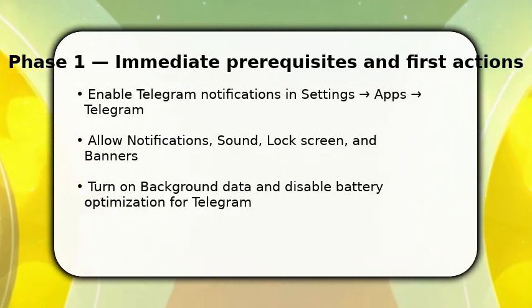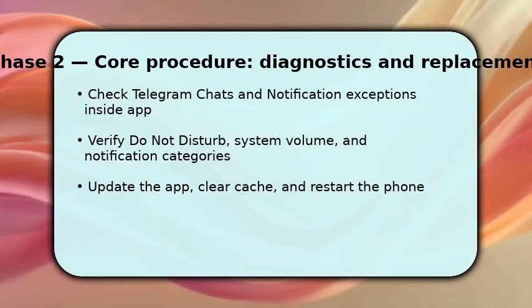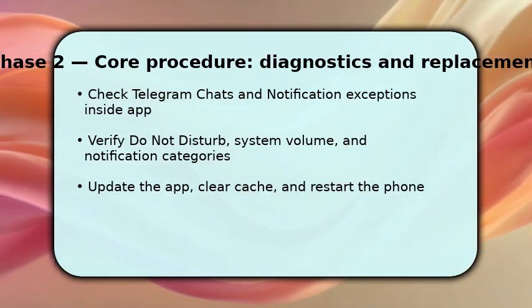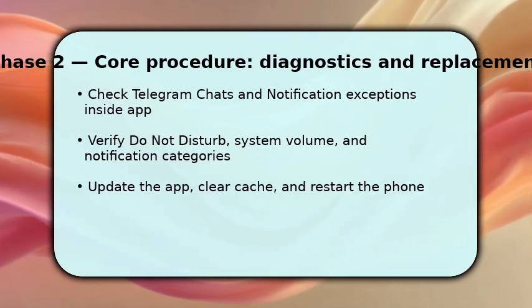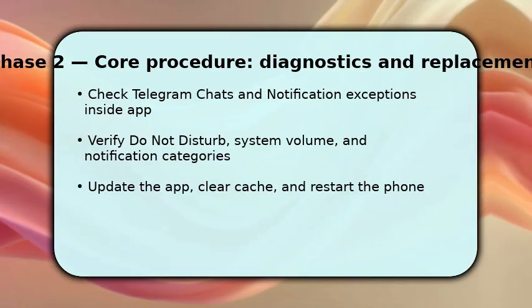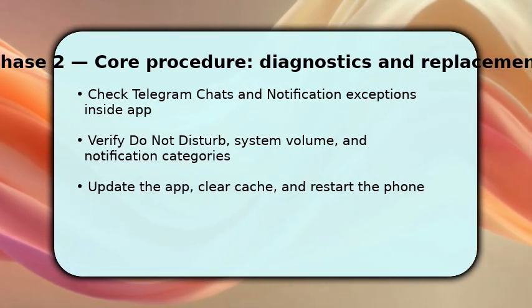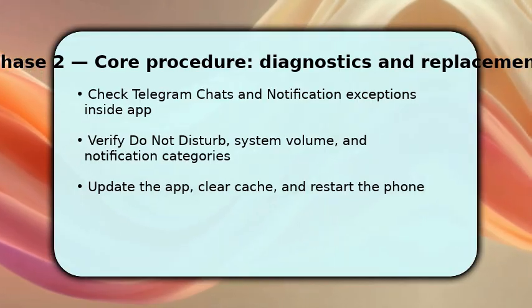Next, dive into Telegram itself. Open settings, right arrow notifications and sounds, ensure global and chat-specific notifications are enabled, and check exceptions for muted chats. Then inspect system settings, confirm Do Not Disturb is off, system notification volume is up, and notification categories for Telegram